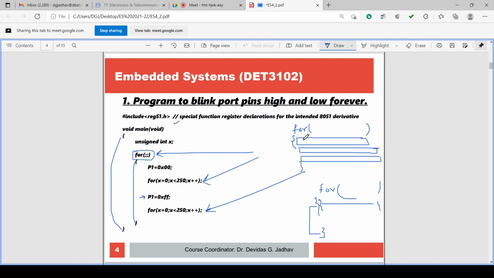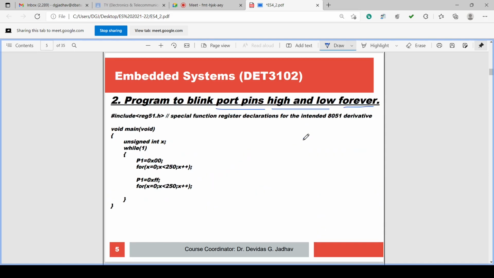Both while 1 and for semicolon semicolon are infinite loops. They run forever, executing continuously for infinite time.